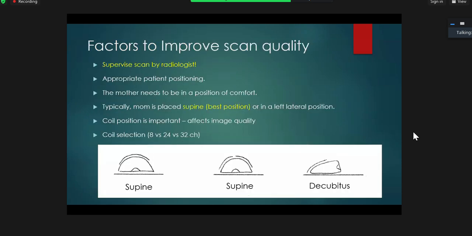Now, how can we improve this with these limitations? I put this in yellow because unlike any other MRIs where you can tell the technologist to scan, you really need to supervise the fetal MRI by the radiologist, either at the scanner or at your PACS while watching it in real time, and the tech is scanning. You really need to do this. We do this as a group for all our fetal MRI because you don't know what you're going to get. That's one thing, not just the motion,